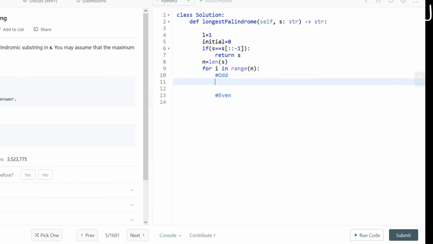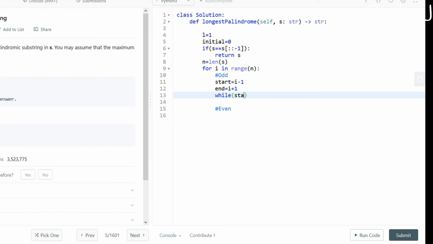So how do you think of that? Start means basically from where my substring is starting, and end means till where my substring is ending. I am not checking for i itself because this is an odd length palindrome. So I'm not checking the center character, but I'm checking for both the start and the end, basically the left and the right. You can think of it like I'm just starting from the center of a string and expanding to both the left and right side, and I'm comparing, are they equal, and if they are not equal I just stop there. Okay, simple enough.